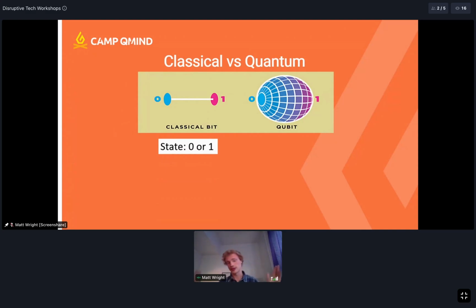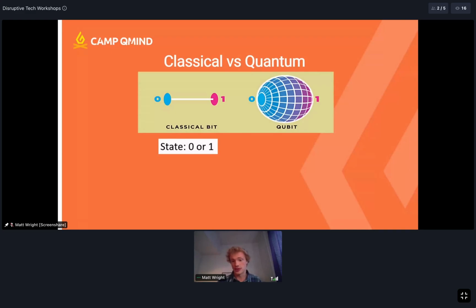That doesn't sound that cool, but it's a big difference from one thing that quantum bits can do, which we'll touch on later, which is that all their operations have to be reversible. So it has to be 2 bits in, 2 bits out, and you have to be able to reverse that operation, and you can't copy or destroy information very easily. But yeah, so what's a qubit, or what's a quantum bit?